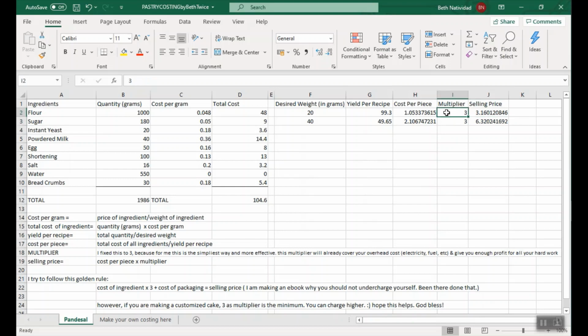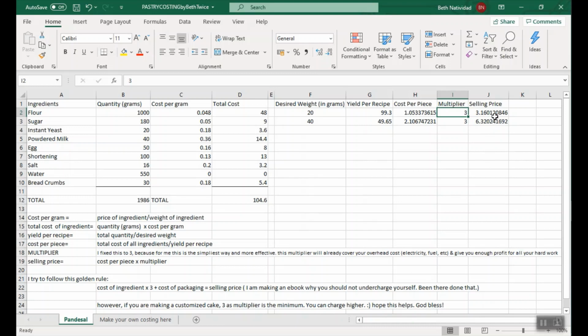This multiplier of 3 will already cover your ingredients used, the overhead cost like yung electricity, ano pa ba, water, and delivery, mga ganon. It could already cover, pag nag-multiply ka ng 3, no need to make complicated